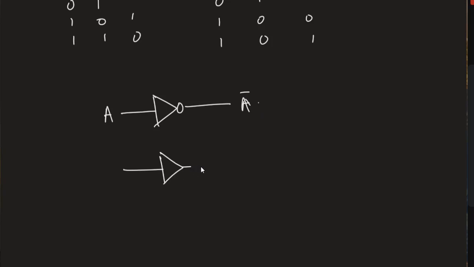Can anyone tell me the name of this gate? If this is first, this is second. Buffer. Very good. This is the buffer. This is also called a buffer, and a buffer is actually the negation of your NOT gate. Okay, what does that mean? If A is the input, then A will be the only output. Correct. I agree with you. The buffer is the correct answer.